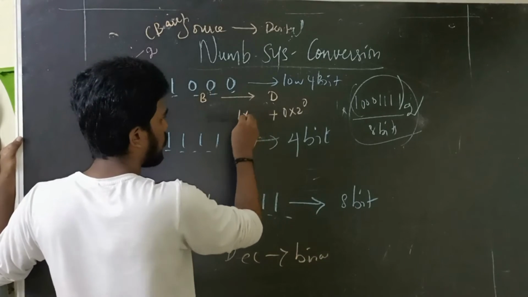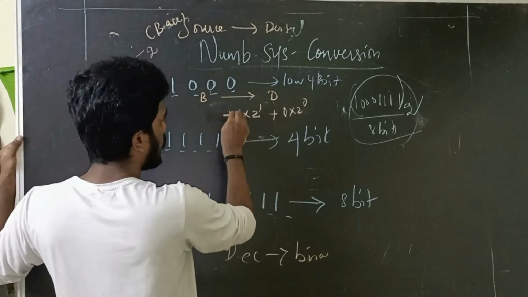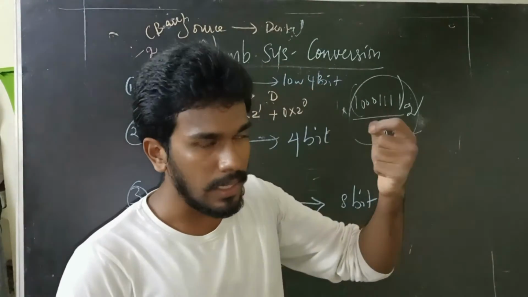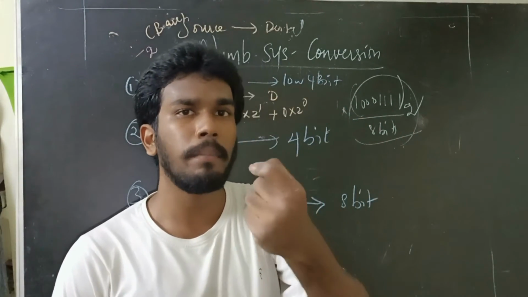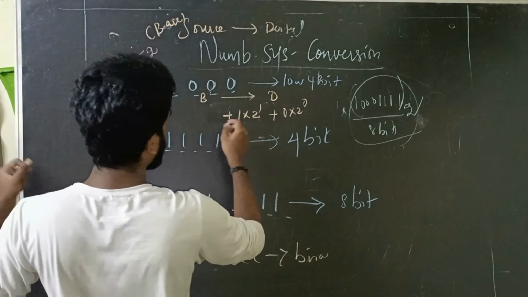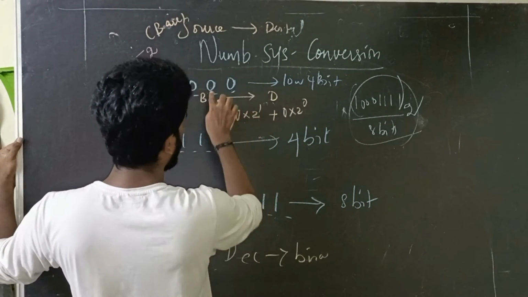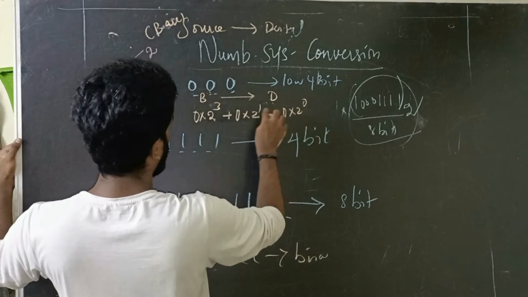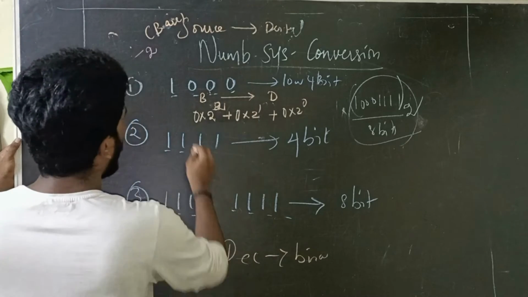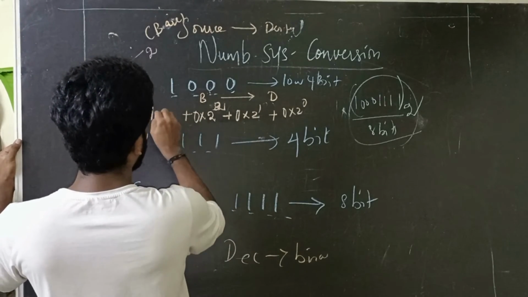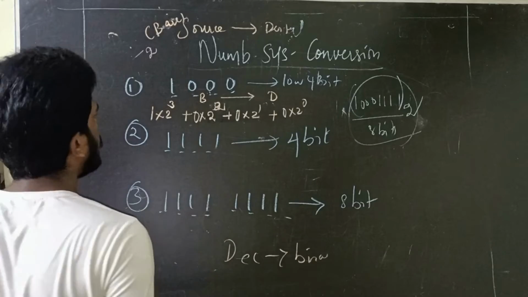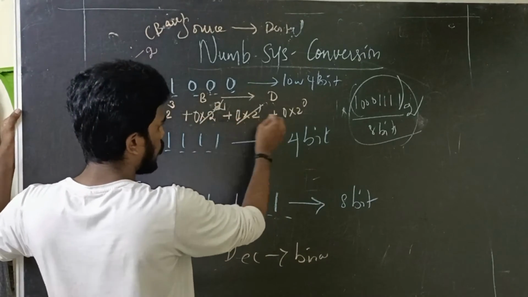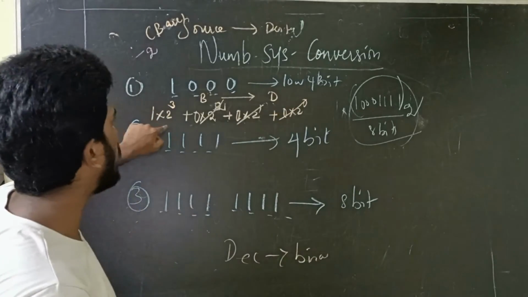We have to give the position from the backward. 2 to the power 1. So the power will start from 2 to the power 0 and gradually increase, and the corresponding position of a number is multiplied. The value here is 0, again the value is 0, its position is 2, and the next number's position is 3, 2 to the power 3. Anything multiplied with 0 is 0, so the corresponding value is 8.